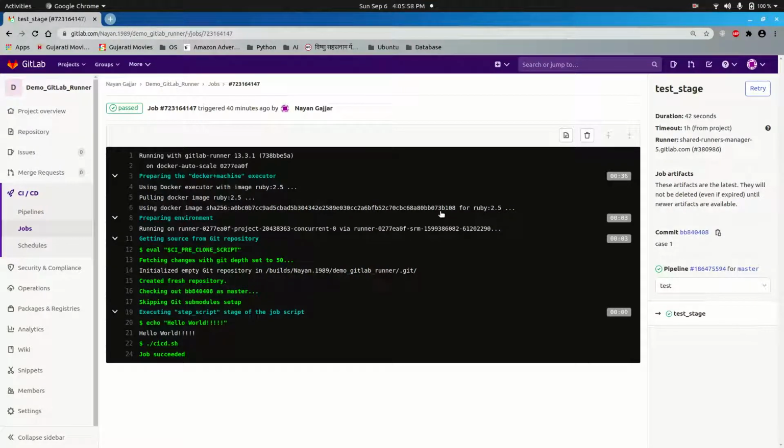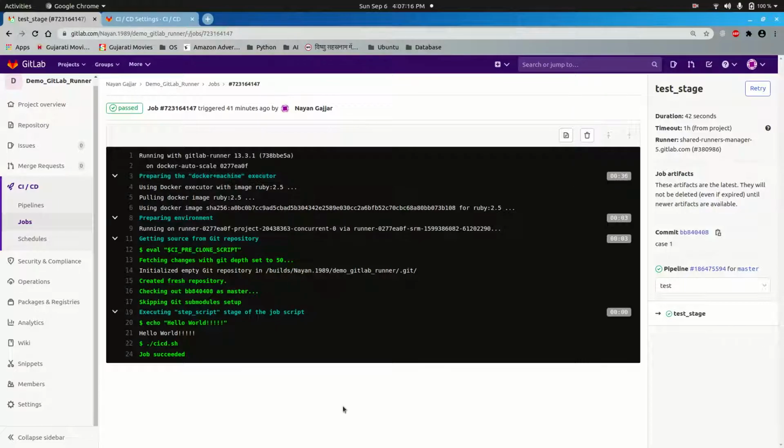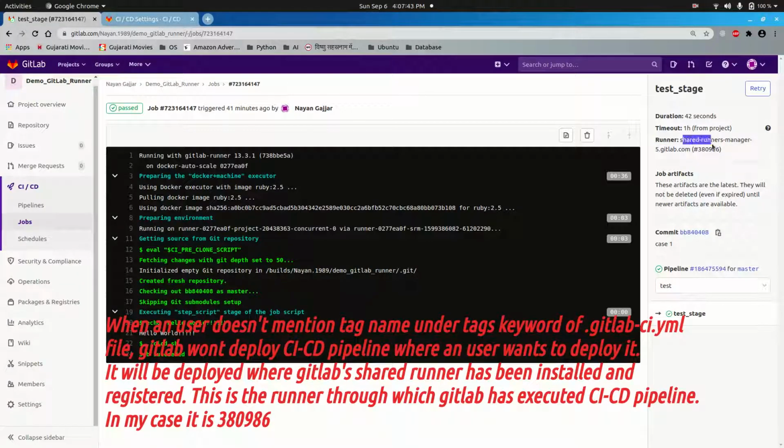So as we have seen in the theory part, this job will be executed but not on the runner on which we want to execute this job. You can see that this job has been executed on Docker executor, Docker GitLab runner. One thing to note over here is, as we have discussed, that when you are not providing any tag name to a GitLab runner and you have checked the checkbox run untagged jobs, in that case, that particular job, that particular CI/CD pipeline will run on shared runner available for all the users of GitLab. So in that case, you can check that the runner which has executed this job is this shared runner manager, and its ID is